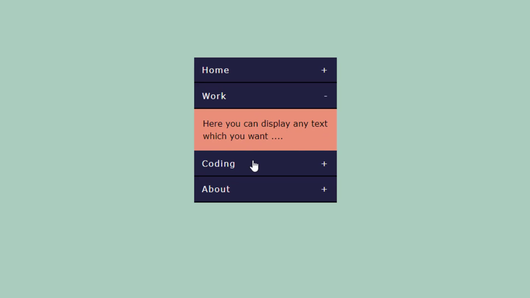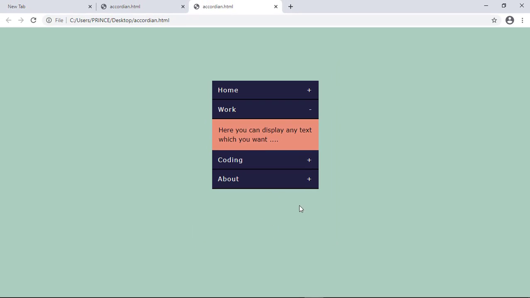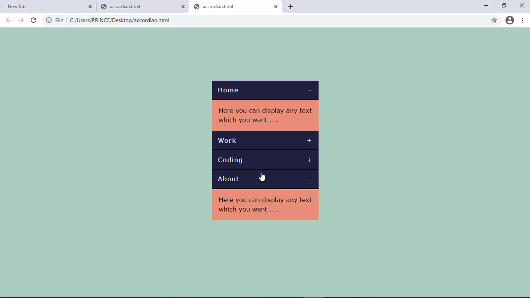Now if I click on this, take care of this one thing. You can see here it appears a plus icon, but if I expand this menu, the plus icon automatically changes to a minus icon, and you can see it is fine. Now if I again click on back, it again changes to plus, so it shows whether the menu is expanded or collapsed. So in this video we are going to create this. So now without further delay, let's start the video.